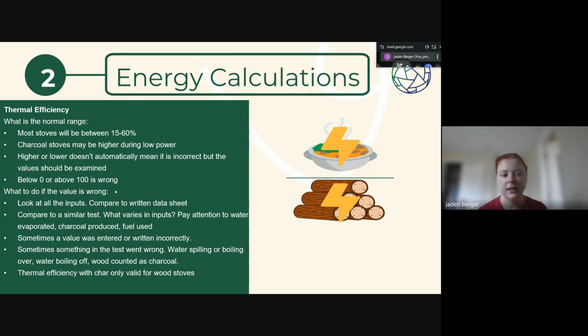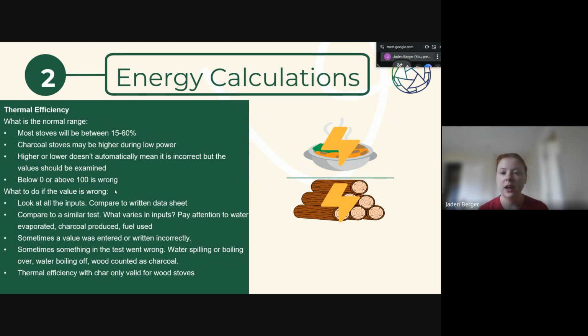Some big ones to pay attention to is the water evaporated. So you're changing mass of your pot. If there's a ton of water being evaporated, if you've evaporated 1 kilogram of water, which would be impressive,